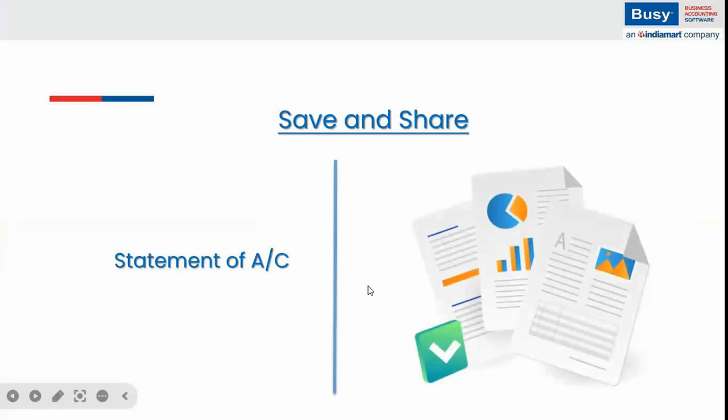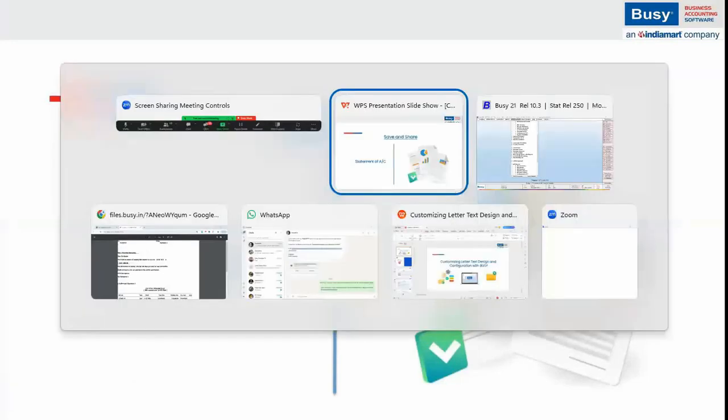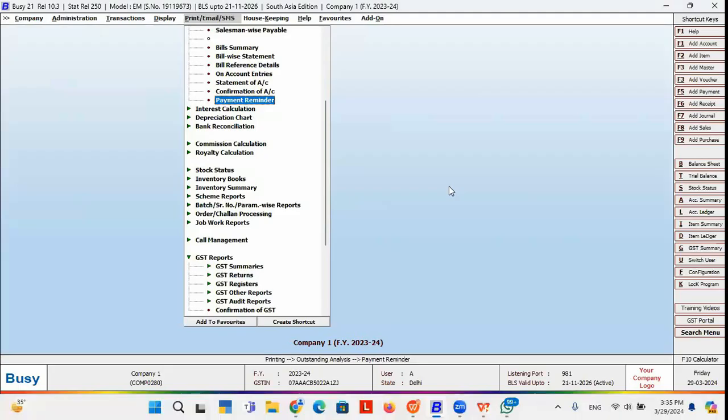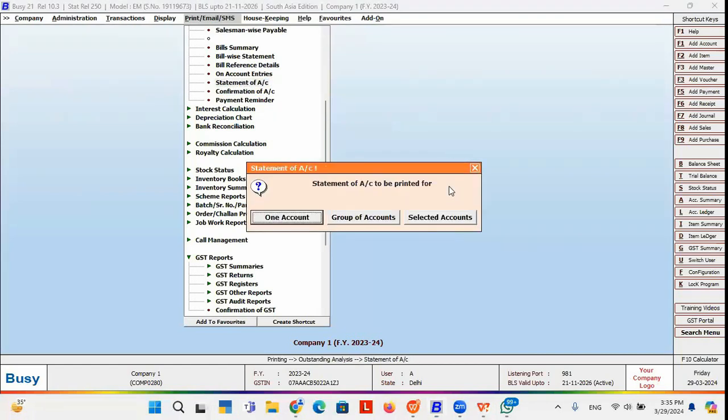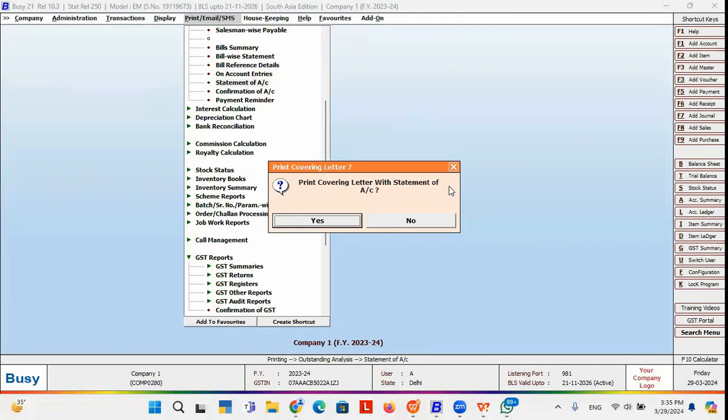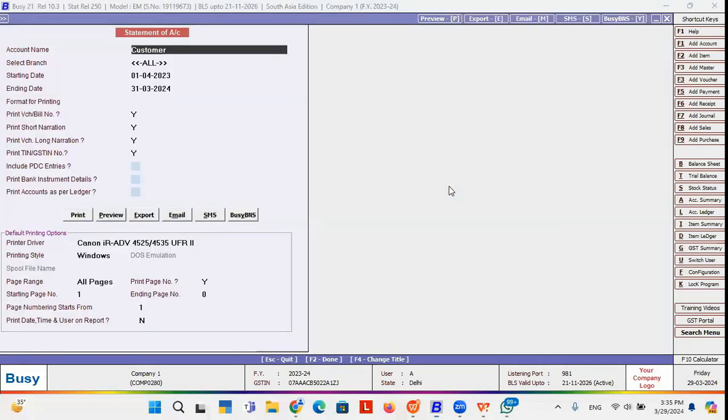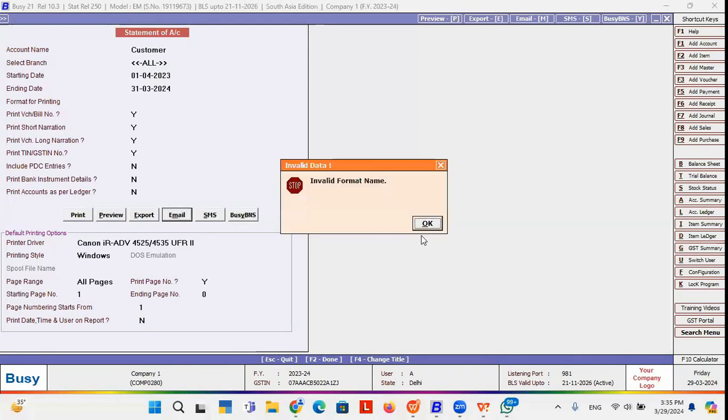Now, in case of statement of accounts also, if you want to share the statement of account in vertical mode or with a cover letter, and if you want to share the statement of account in T format mode with a cover letter for a particular account, you select the account, and then if you click on the email button, here also you will find that